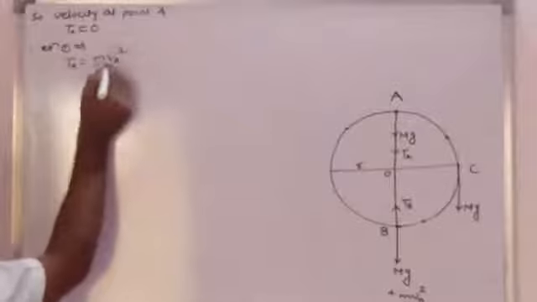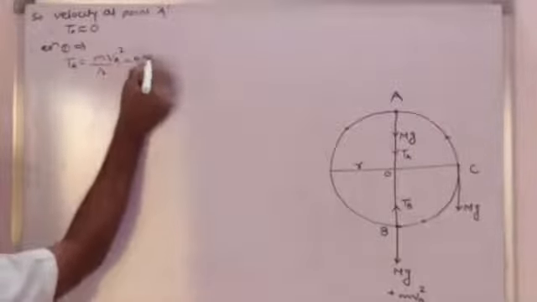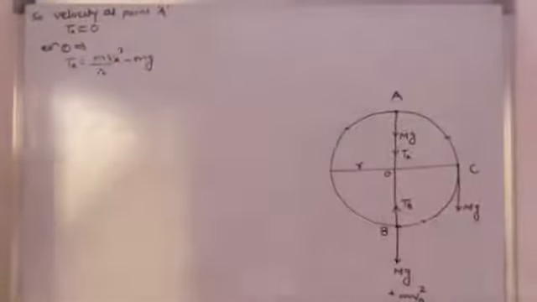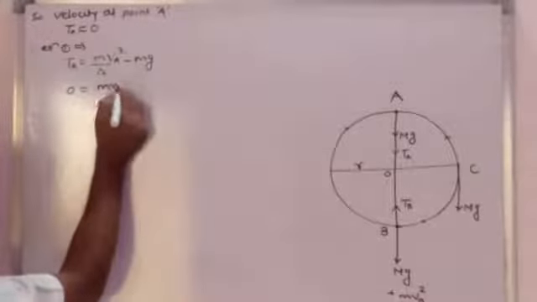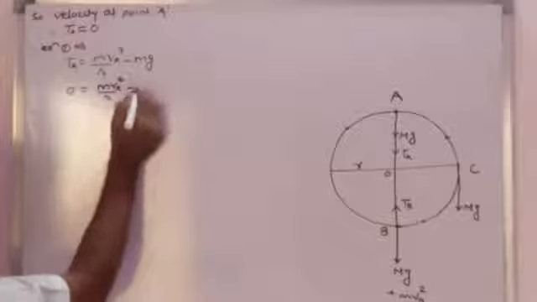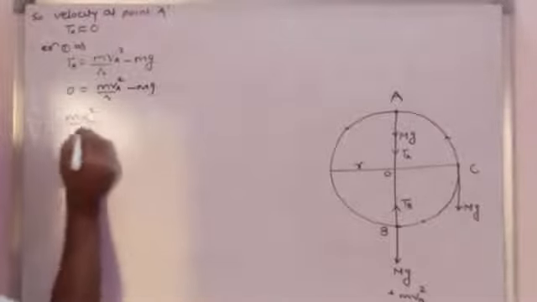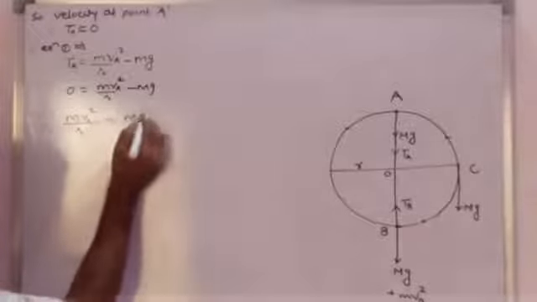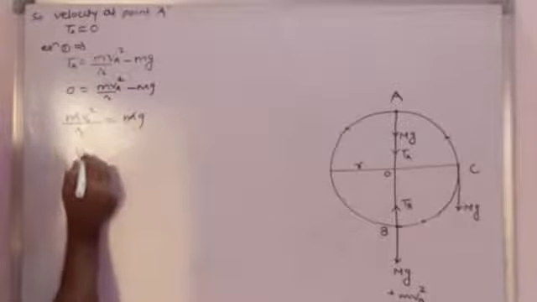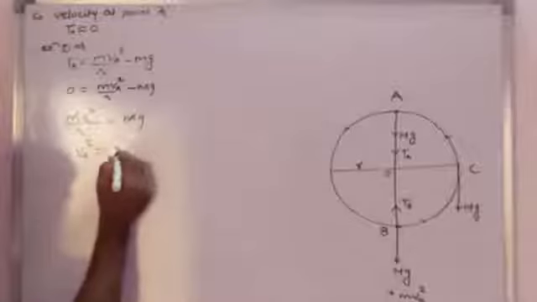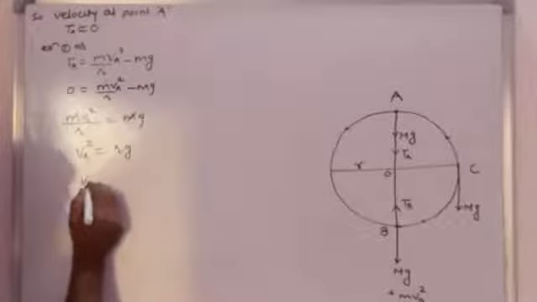mva square by r minus mg. Therefore this can be written as 0 is equal to mva square by r minus mg. Therefore mva square by r is equal to mg. This m gets cancelled and va square is equal to rg. Therefore va is equal to